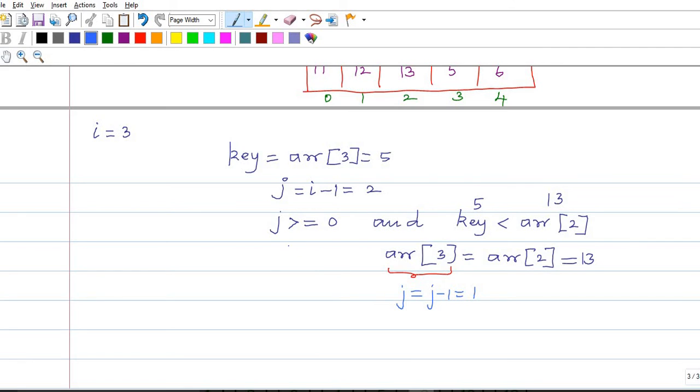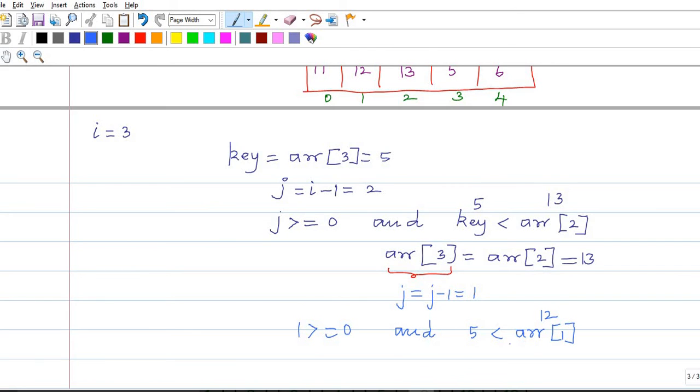Again for loop, I'm just checking whether now the j value is 1, 1 greater than or equal to 0, the condition is true, and key value 5 less than ARR j, present j value is 1, ARR 1 is 12.